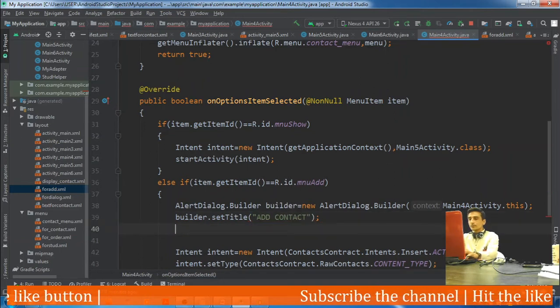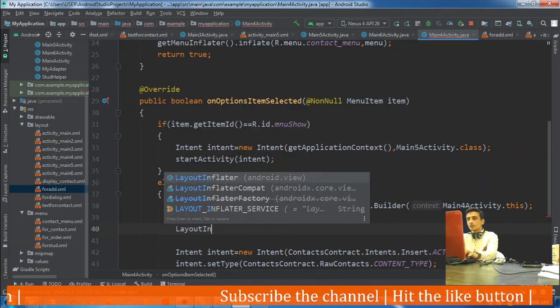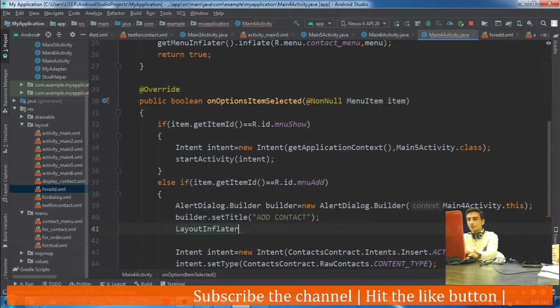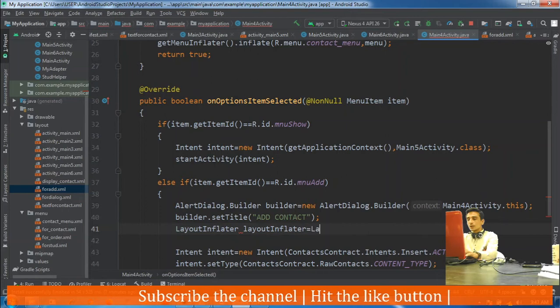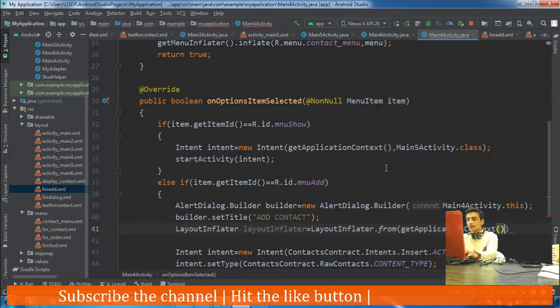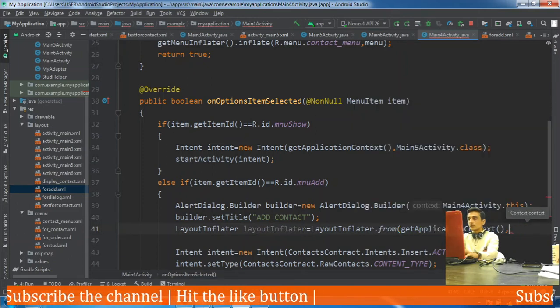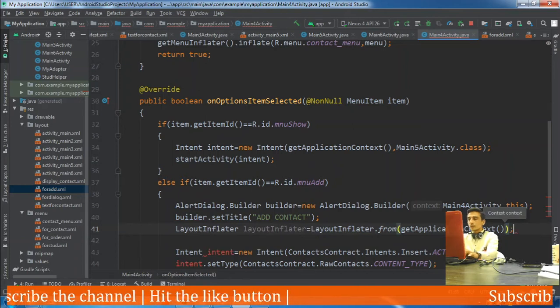Okay, then builder, yeah, now the layout inflater to inflate a view. Okay, layoutInflater is equal to LayoutInflater.from, then getApplicationContext, and the second argument, no second argument.